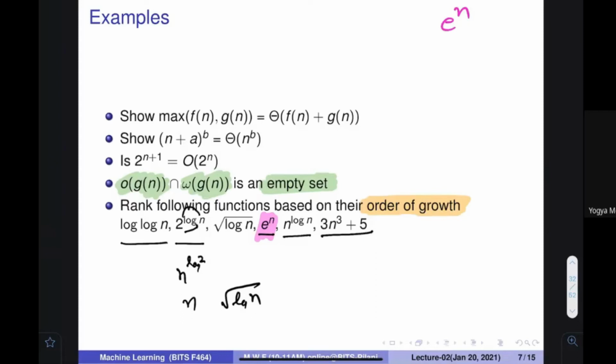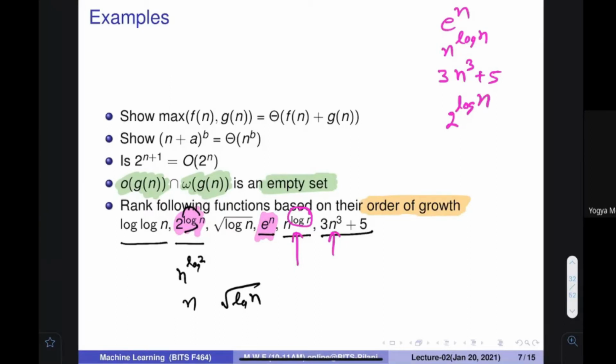Then which is the next one? n to the power log n is there. Okay, n to the power 3. So I put 3 into n to the power 3 plus 5. At this place there is 3, and if instead of 3 I put a variable, it becomes bigger. So I can put n to the power log n, because log n is going to increase, so this number is bigger. Am I right? Then we can take the third number, because this is only n and not n to the power 3. The 2 to the power log n is the third number.